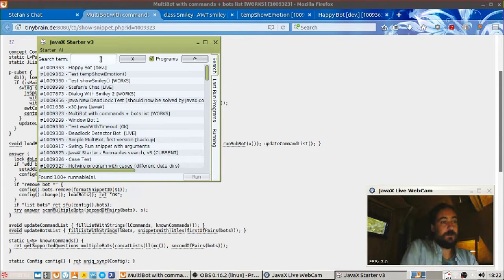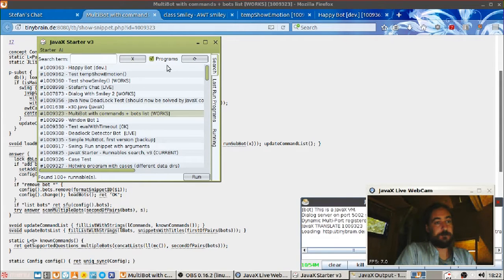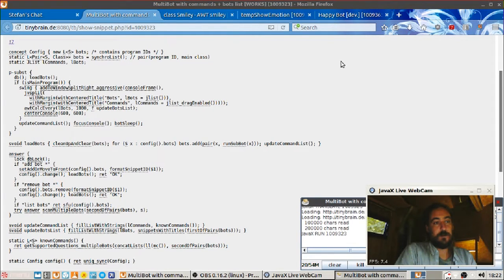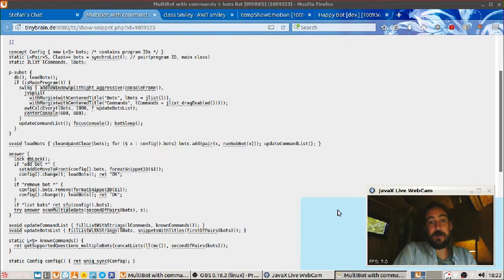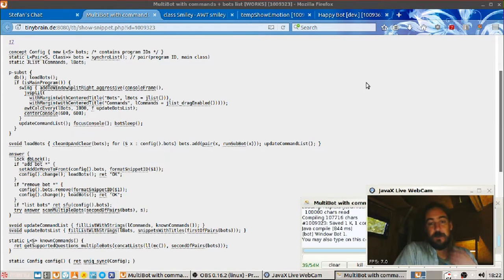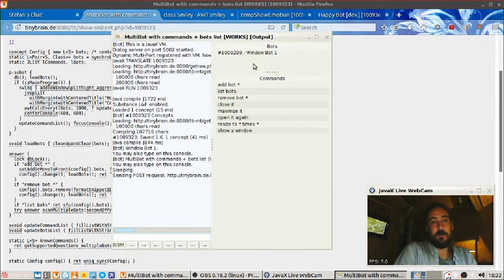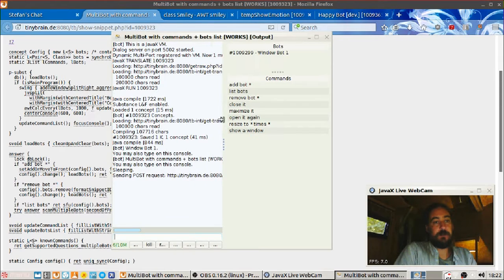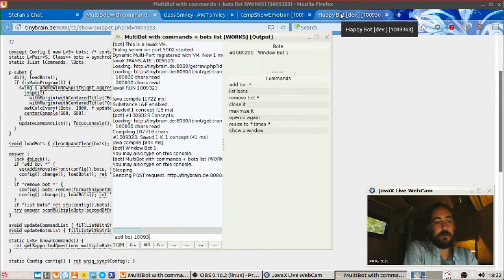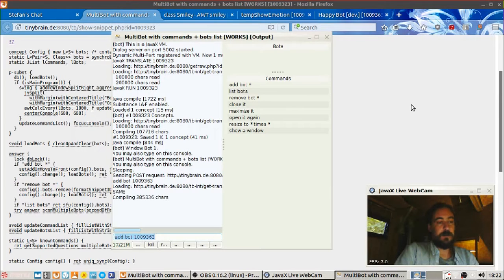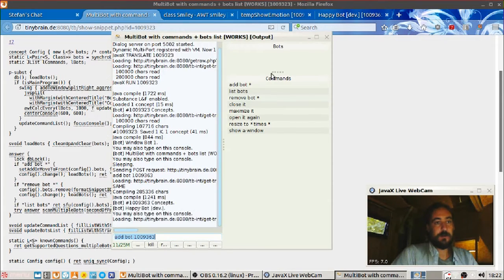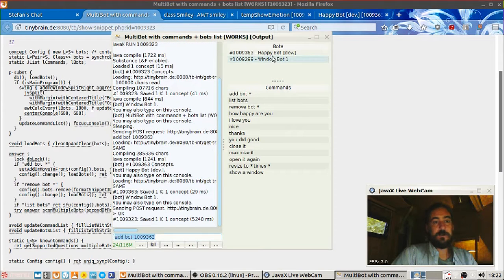And you don't need to look at how this bot is implemented. You just run it. Multibot here. And it's called multibot because you can add other bots to it. If you make a chatbot of any reasonable size, it will have different parts of it, different modules, and you can use this program to just add them at runtime very easily. You say add bot, and then the ID, for example here, 1009363. It loads the bot, and it appears in the list up here.